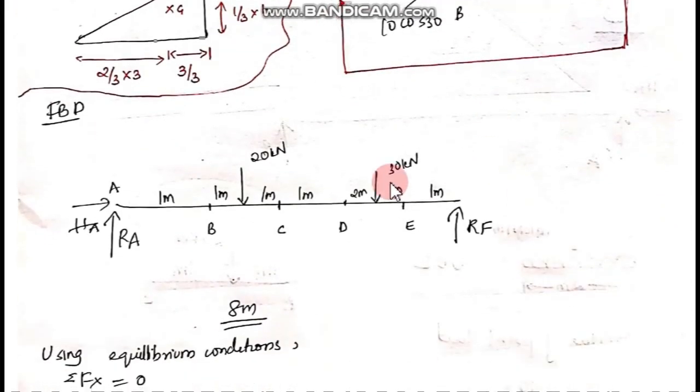So now we have the FBD, as you know, the reactions at both ends and the loads which we have converted just now, UDL, UVL, everything marked here. And the final thing you need to do every time is add and see the length of the beam, that is 1 plus 1, 2 plus 3, plus 4, 5, 6, 7, 8 meters. So total length is 8 meters. Make sure that the given question also has 8 meters and your FBD also has 8 meters, because when you mark the distances you may make a mistake, so be careful.